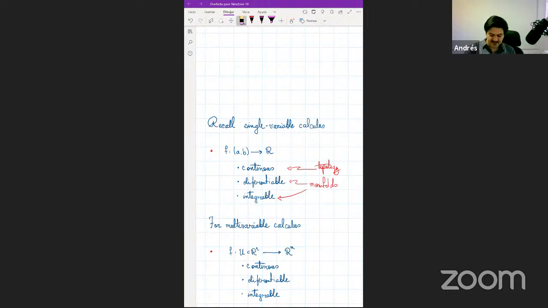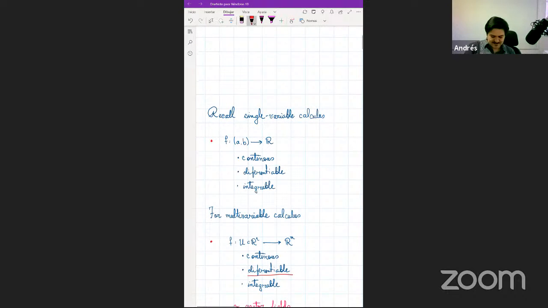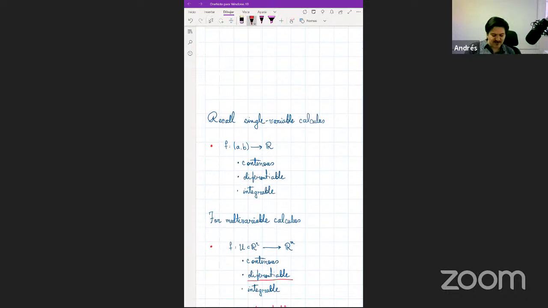And again, you studied the same concepts. Continuous, that's something that relates to topology. But in order for the function to be smooth or differentiable, that's where calculus enters, and that's what we will see on manifolds. Now, before I move on, I want to recall some things about this. So for instance, if you have a function f from U to Rm,